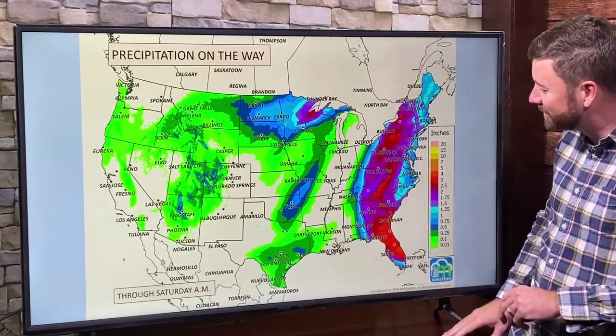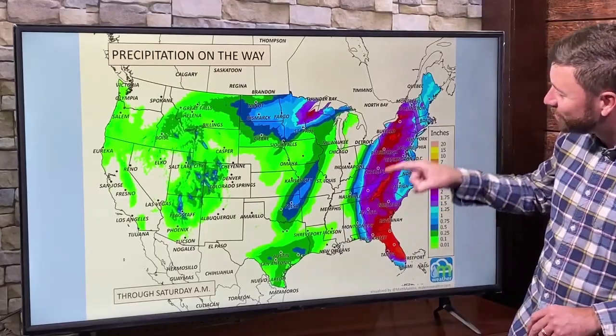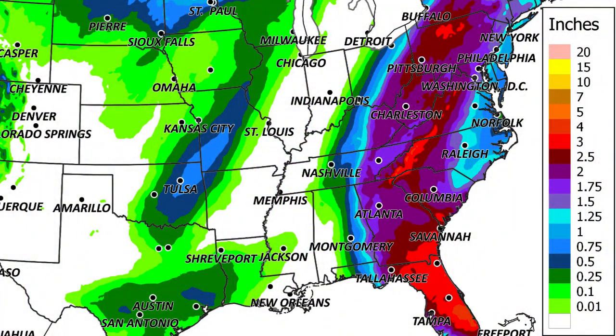South Texas will have some water coming through. And then here is a swath of very heavy rainfall coming through with the tropical system Nicole. In Florida, we're looking at totals 2.5 to 4 inches will be possible. As that storm wraps up, moves up the east coast, we're still looking at 2.5, 3, 4 inch totals, and